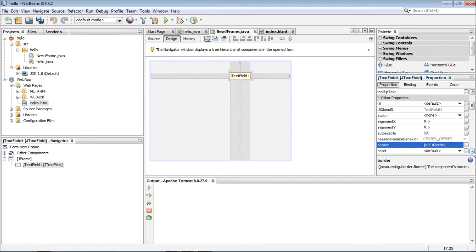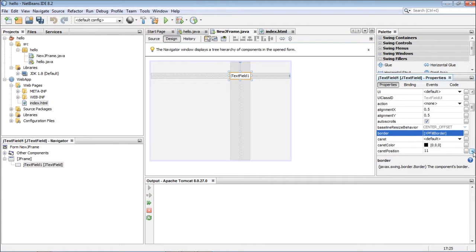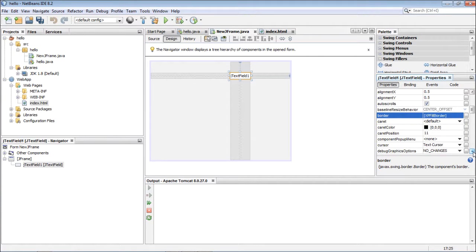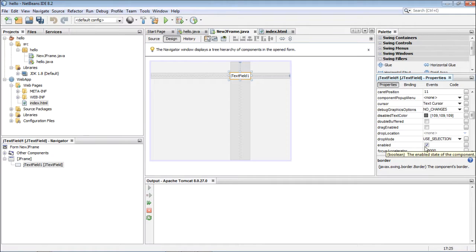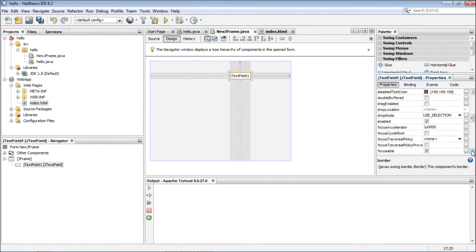Caret, while editing, the cursor or the caret inside the text field, how do you want it to appear? Cursor. Enabled, is it enabled? That means can the user type into it? If you want to disable a text field, you can just remove that check mark, and so on. The margin, the size, the name,